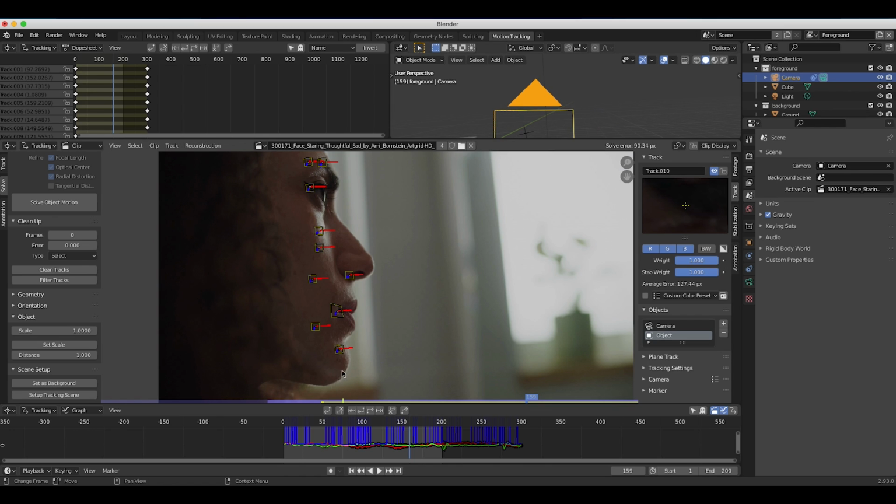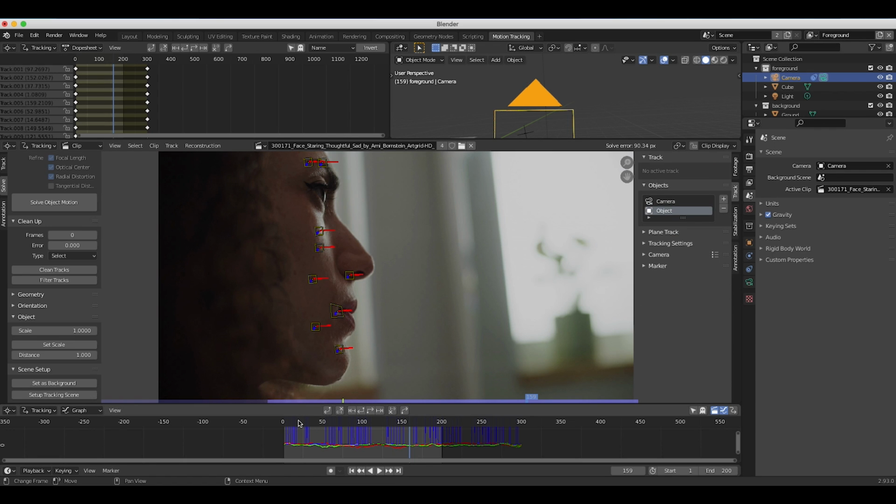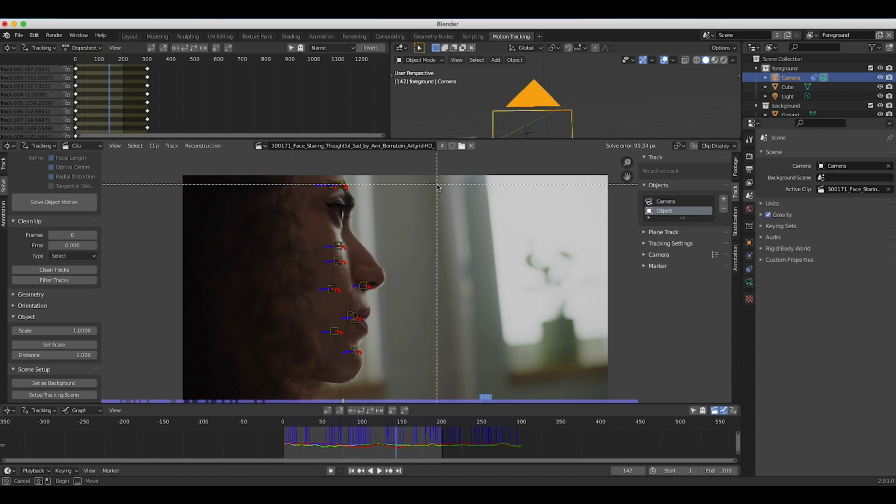So what I'm going to do is actually delete our tracking marker on our character's eye here, because I think that one's giving us a little bit of an issue since she does move her eye a bit. And I'm going to select the rest of the points and try our track again. So I'll just solve the object motion here. And now as you can see here, we have a solve error of 1.01 pixels, which is pretty solid for